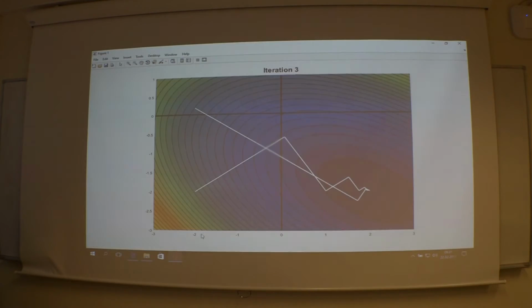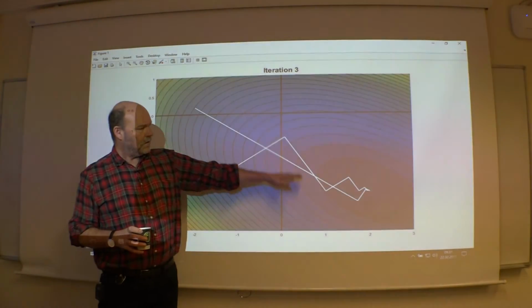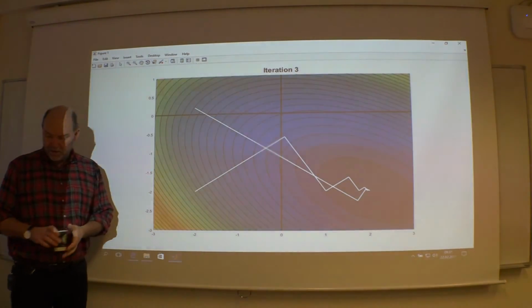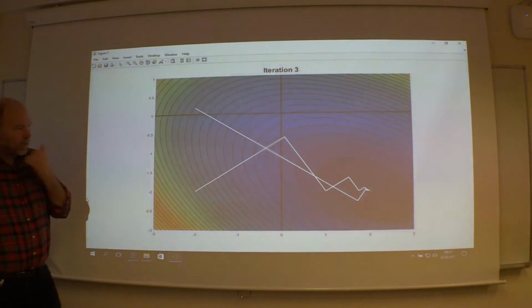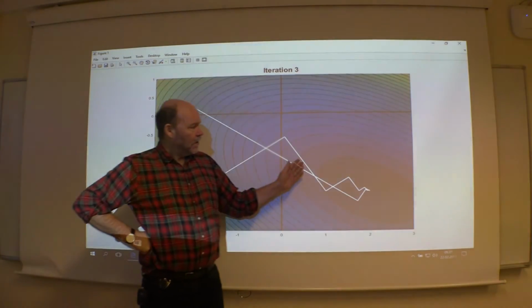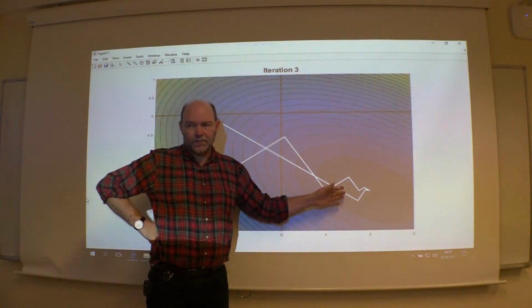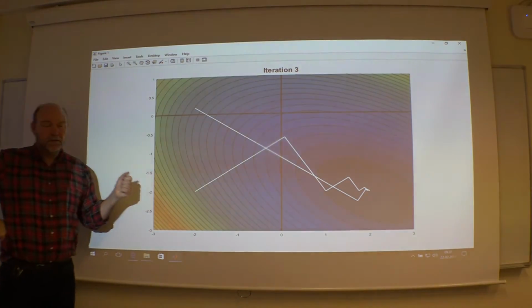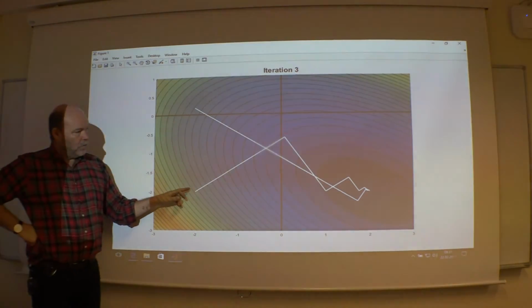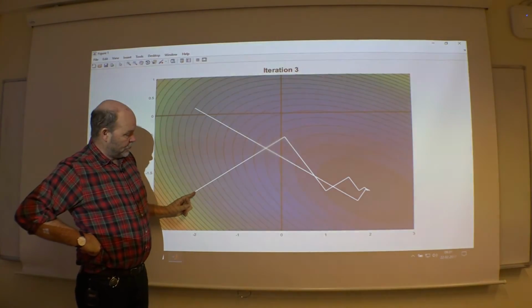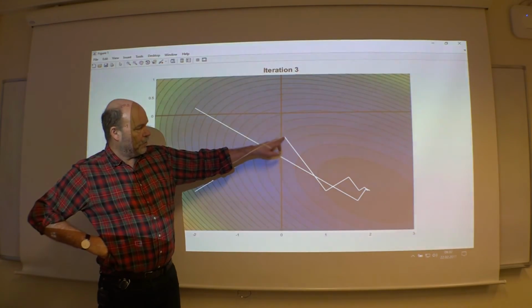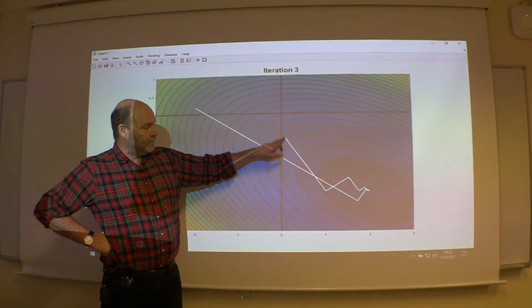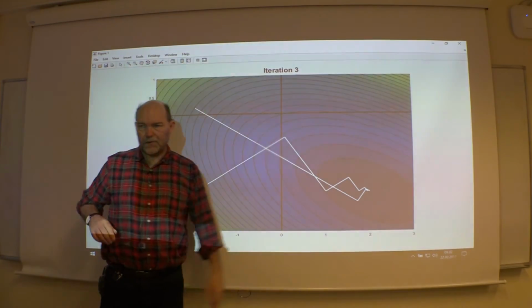When you take this function's contours, and redefine space so that these would be perfect circles. If we could do that, then you see what happens from the first step, finding here the point where you start to go up again, then during the next step you will hit bullseye